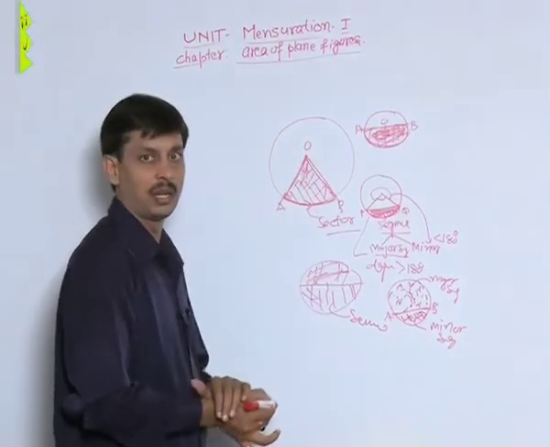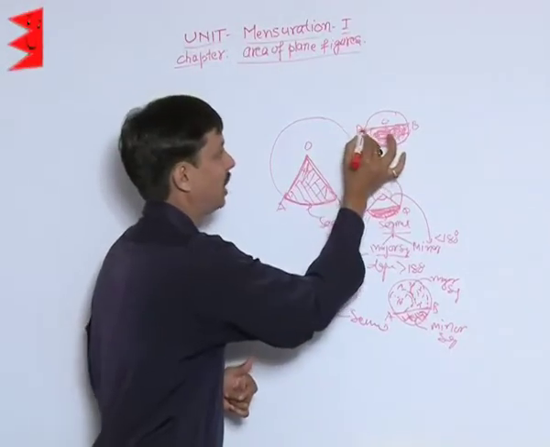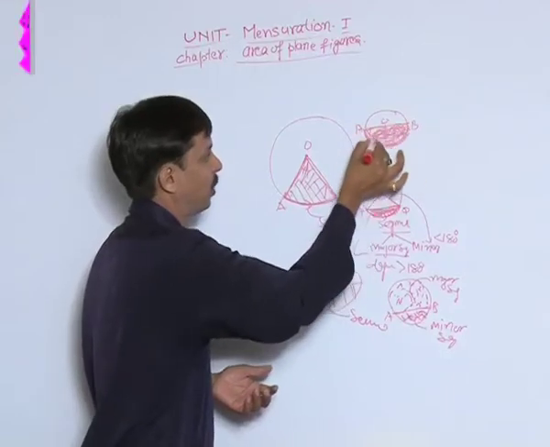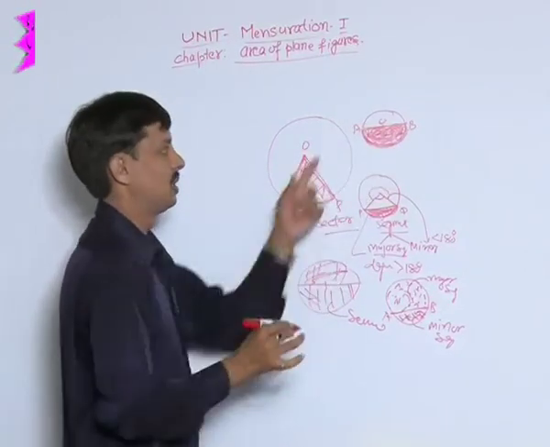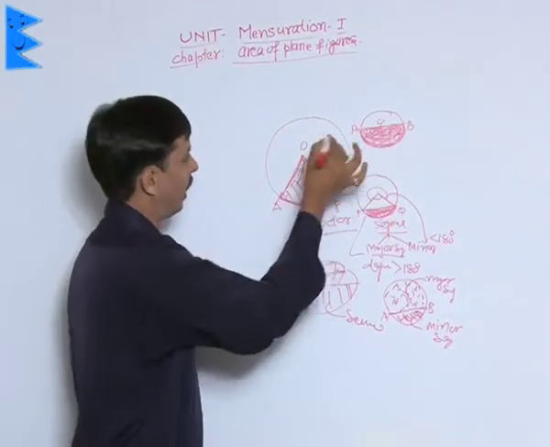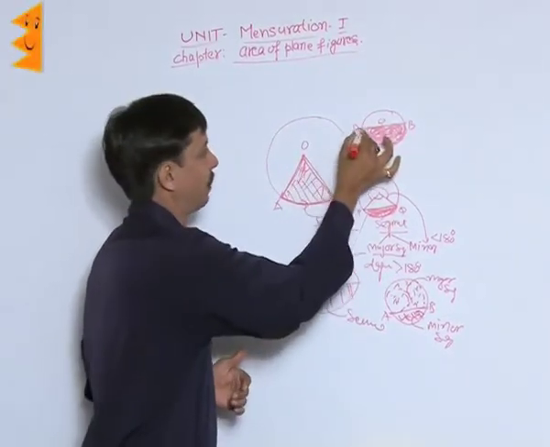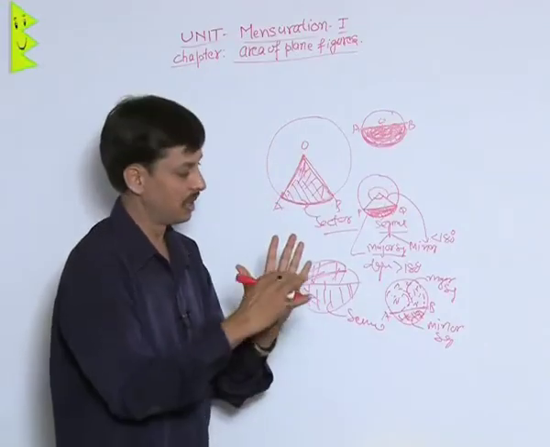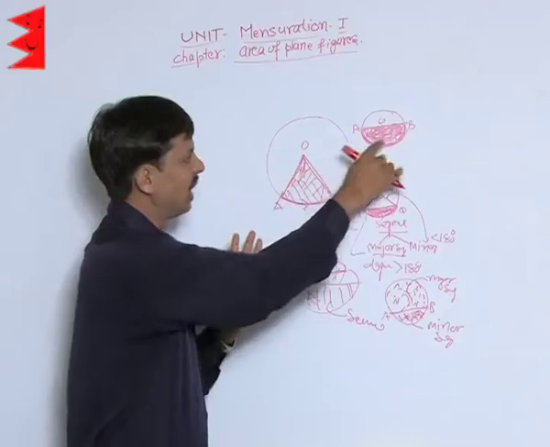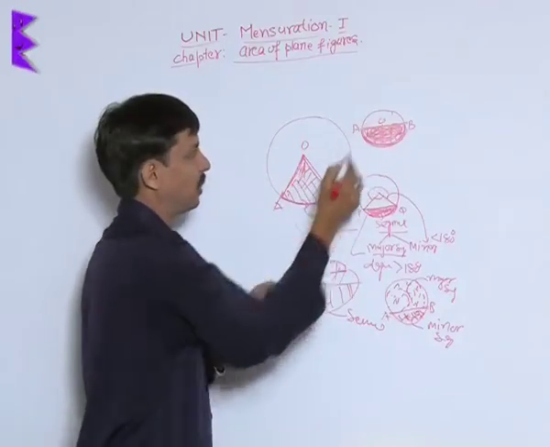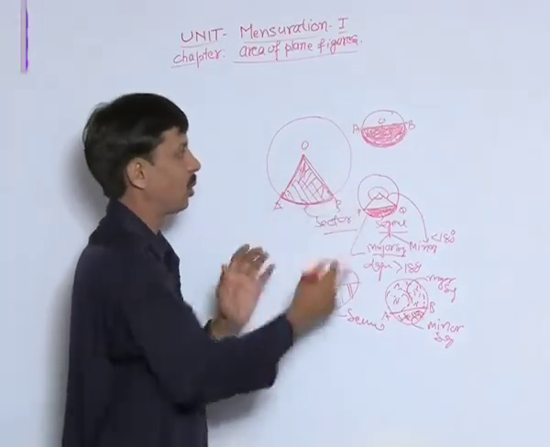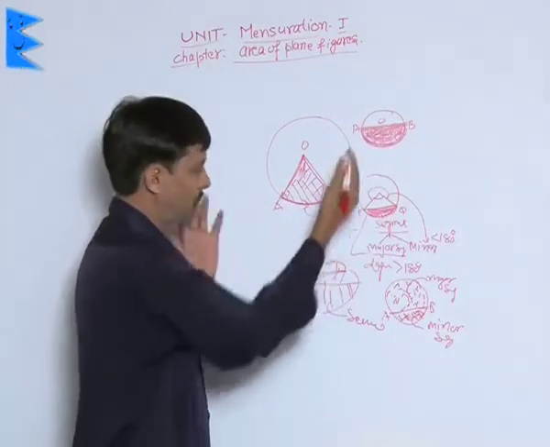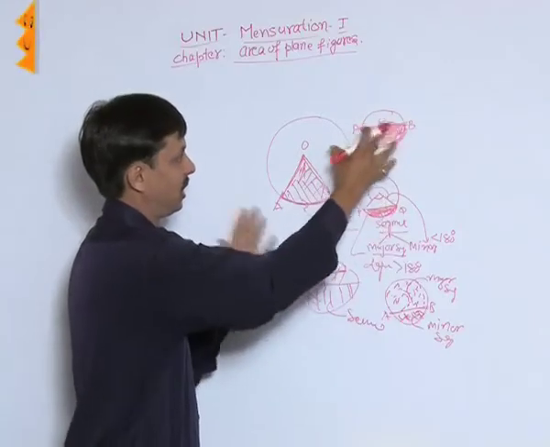Someone says it is a segment. I say you are also right. Reason being, AB is a chord. The portion enclosed between a chord and the corresponding arc is known as what? Segment. So it is a segment also. And why is it a semicircle? Because a diameter separates a circle into two equal halves. So a semicircle has all three names. It is a sector with degree measure 180 degrees, and it is a segment also, because the two bounding radii in this case are collinear. We say they are opposite radii.